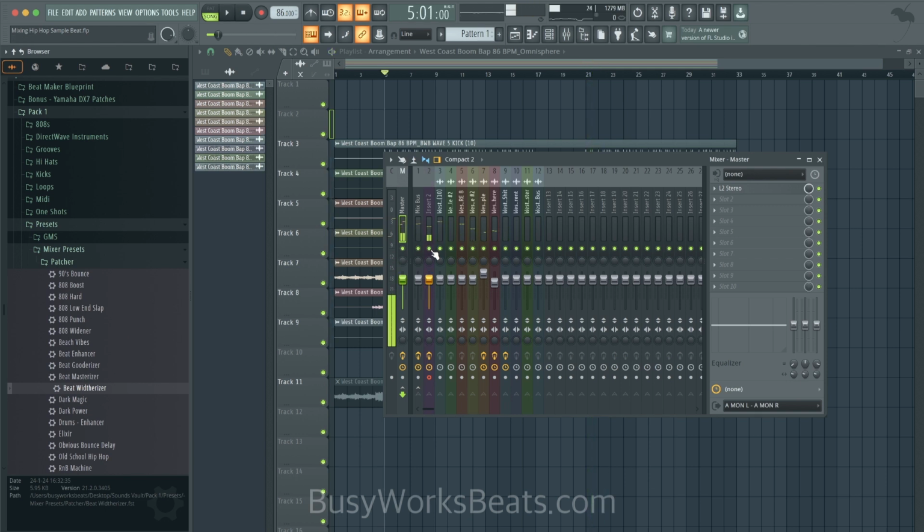Let's A-B the mix chain real quick. Hear how bright that snare is? I turned up my volume so I could hear the loud stuff. That snare is bright without this.